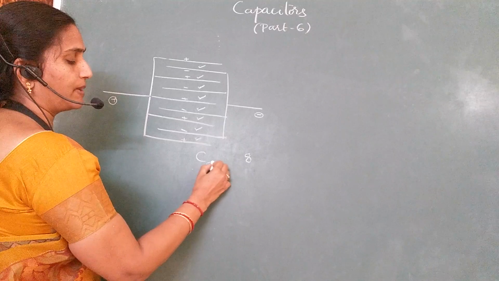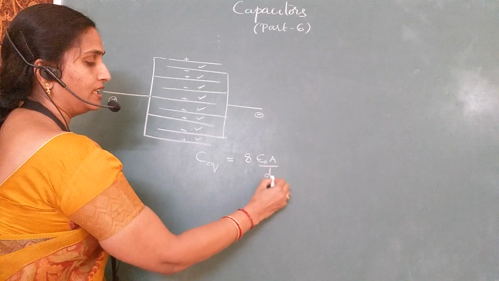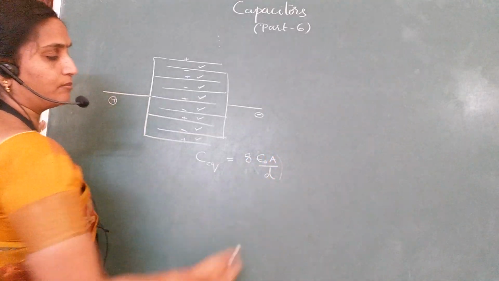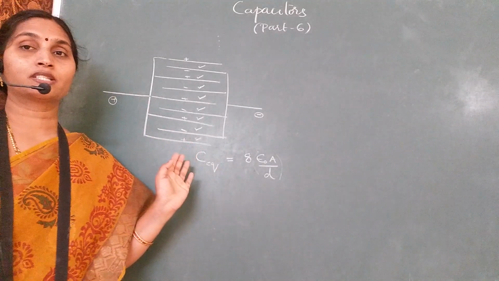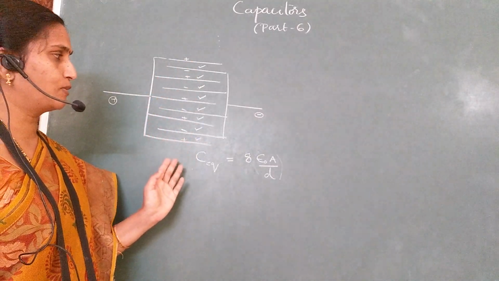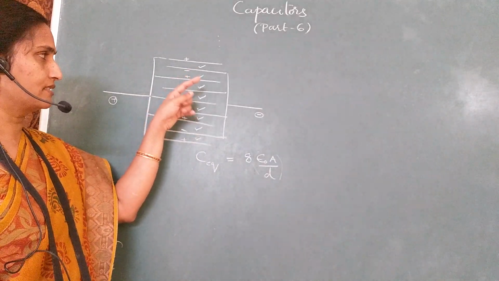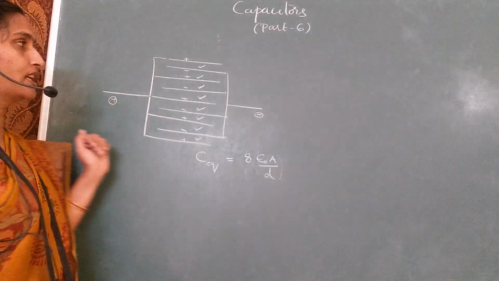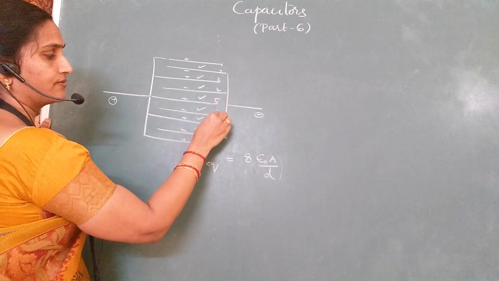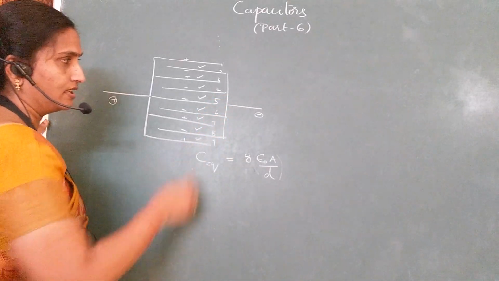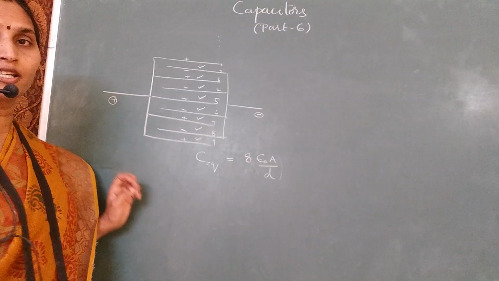So the equivalent capacitance of this combination will be 8 times epsilon naught A divided by d, where epsilon naught A divided by d is the capacitance of each parallel plate capacitor. This is one model of the question, which is given in the NEET exam or in mains. Sometimes they may also ask if the total number of plates is n. So count the positive and negative plates together: plate number 1, 2, 3, 4, 5, 6, 7, 8 and 9. If you have 9 plates in total, we have the capacitance 8 times epsilon naught A divided by d.